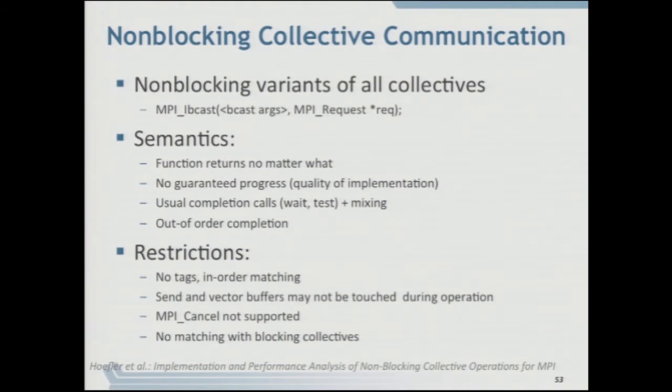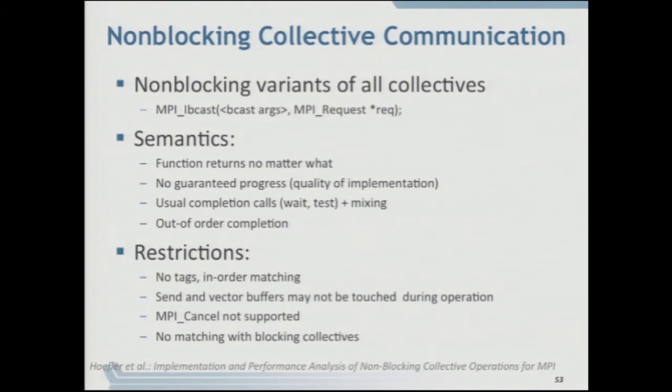So it'll return. What no guaranteed progress means is this: whether there's actually overlap of communication with computation or not. That is, you have issued this non-blocking broadcast. Does it happen in the background while you're doing your surface computation or whatever? There is no guarantee that something will happen in the background. That's up to the MPI implementation. What is guaranteed is that when you call the corresponding test or wait that is supposed to complete that operation,